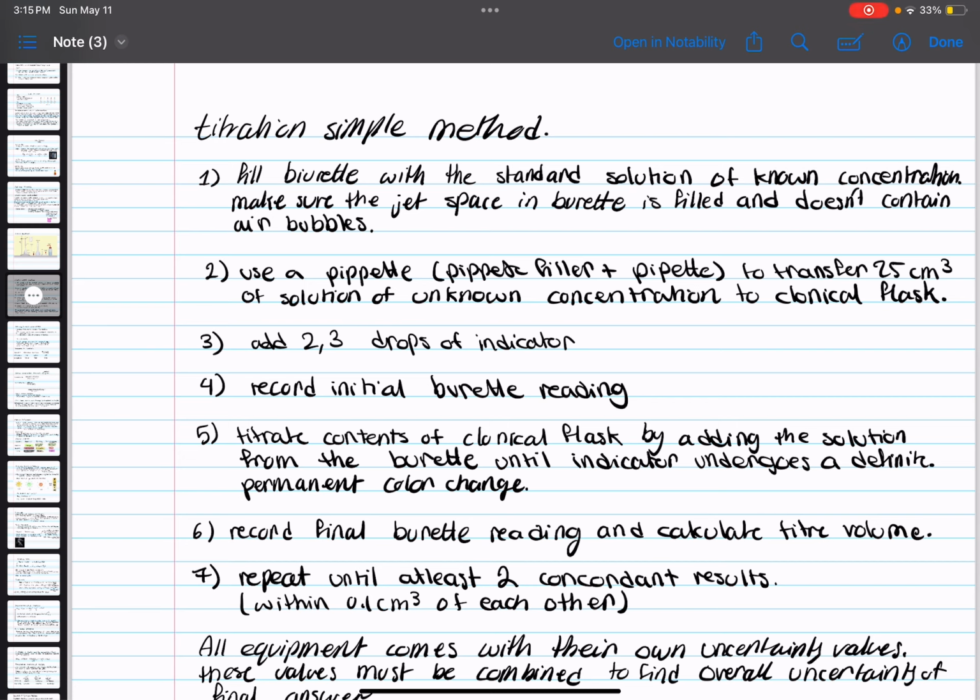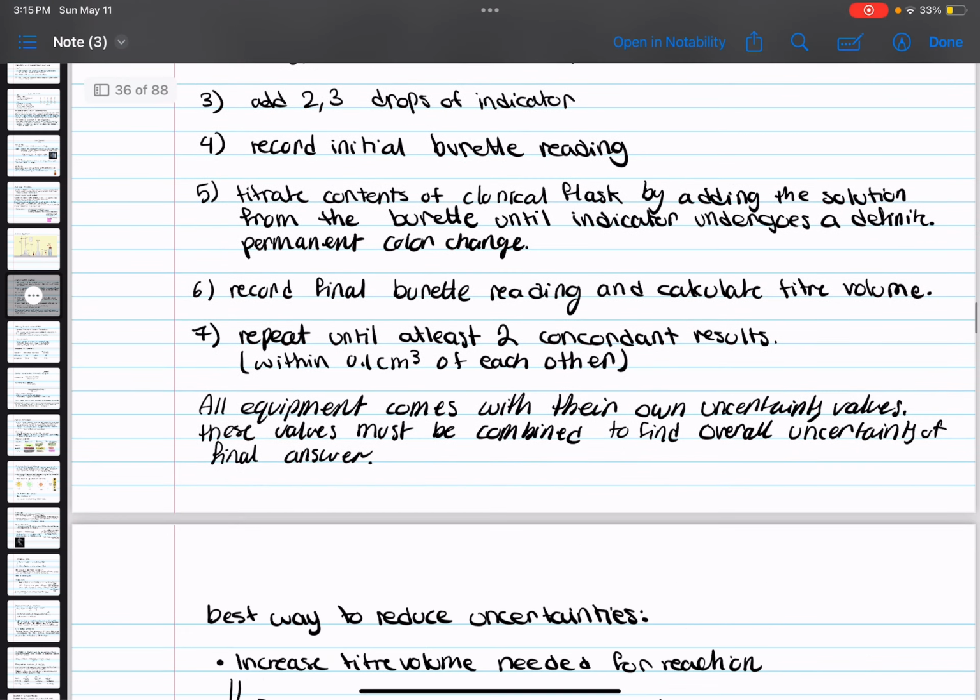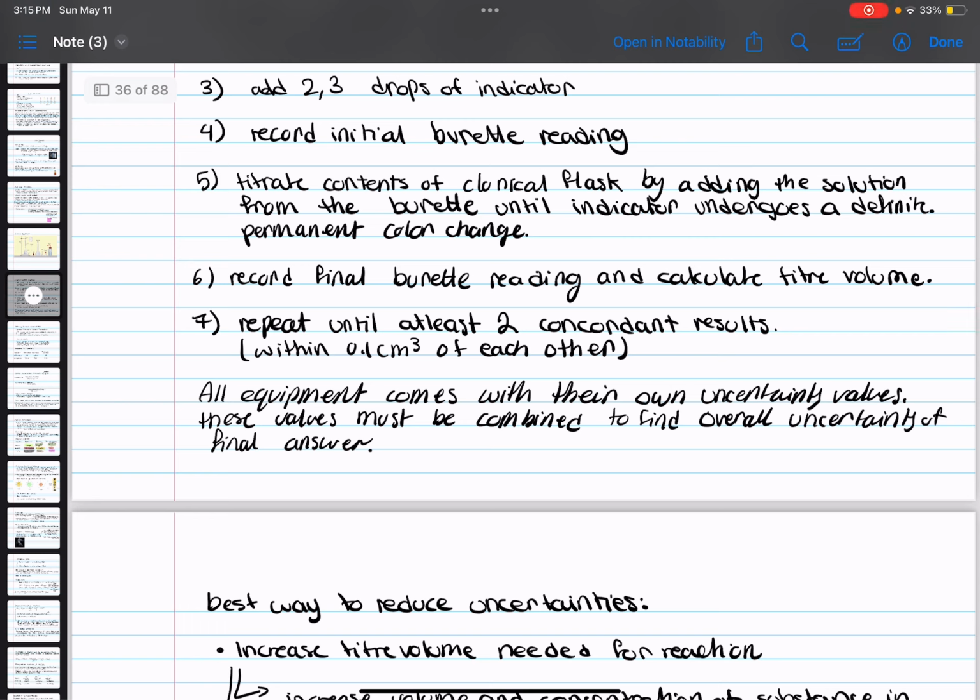Then you add 2 to 3 drops of indicator, record the initial burette reading, and then titrate the contents of the conical flask by adding the solution from the burette until the indicator undergoes a definite permanent color change. Record the final burette reading and calculate the titre volume. Repeat until you get at least 2 concordant results, which means results that are close together, within 0.1 cm3